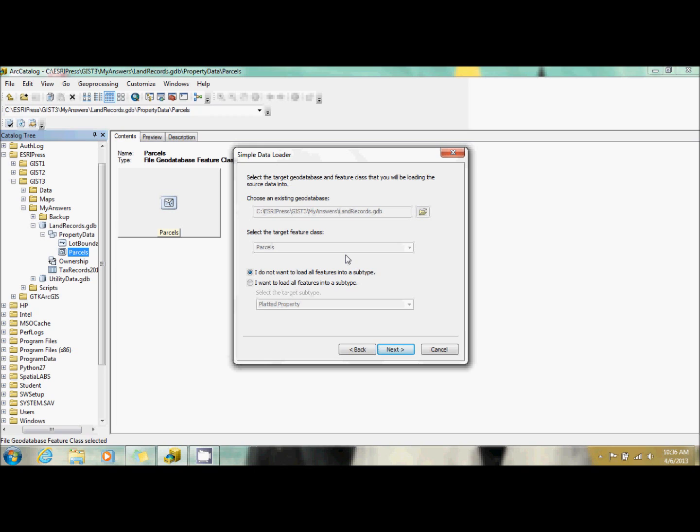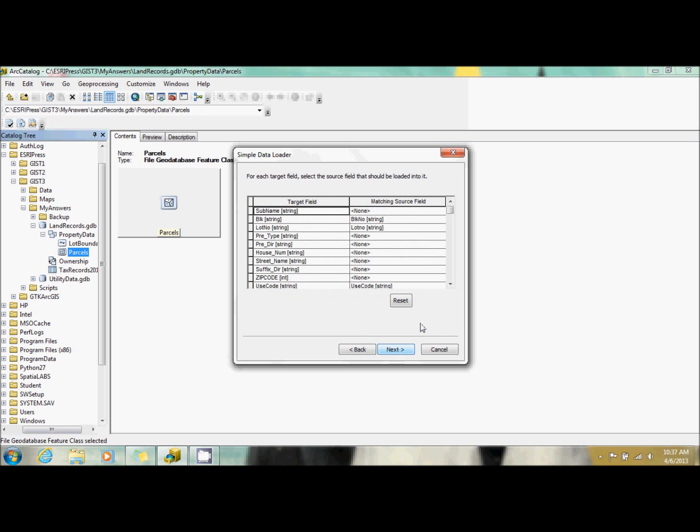Now, if you remember when we did parcels, we broke it up into 3 subtypes: platted property, unplatted property, and plat pending. And that's how we want to load this data. If you remember when we were looking at the parcel source, we did have a field for plat status. So we're going to start with platted property, and then we're just going to click next. And here we start